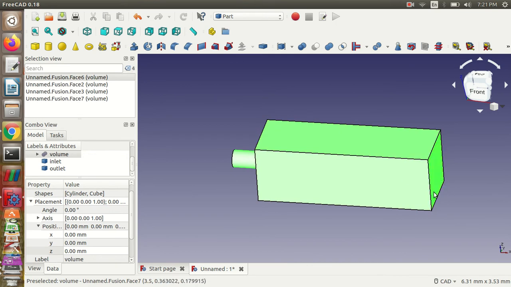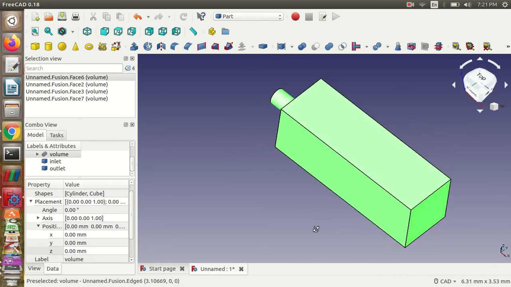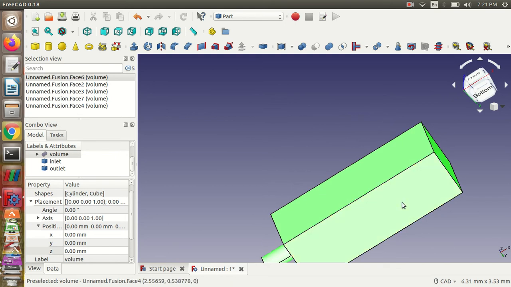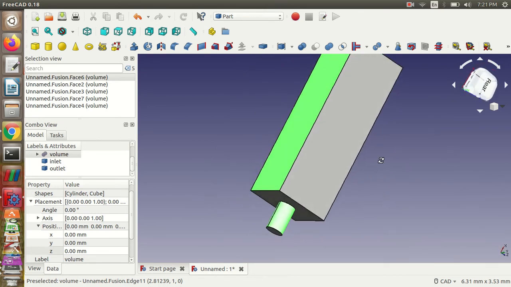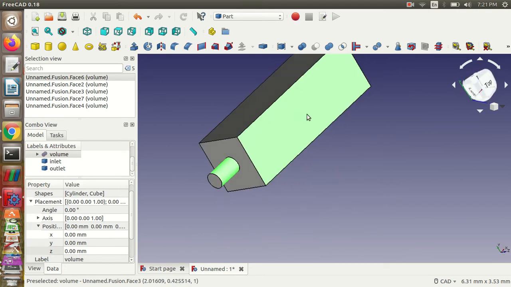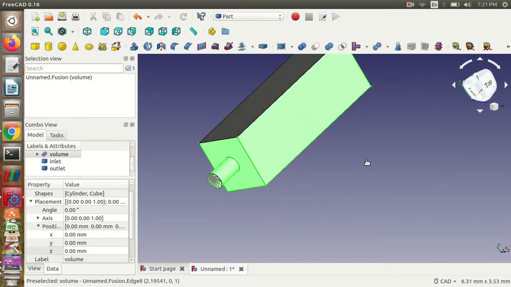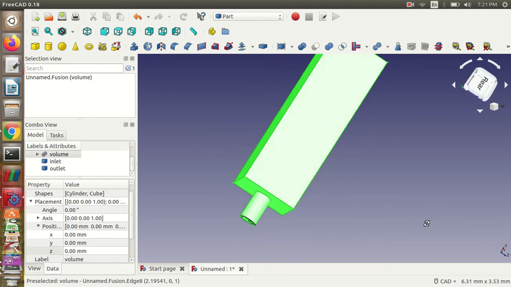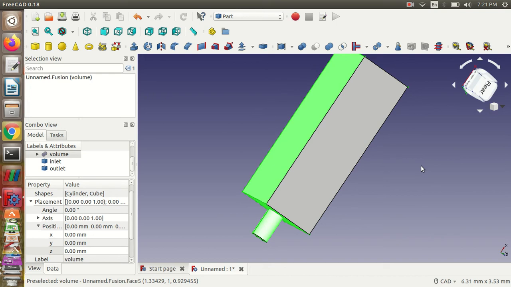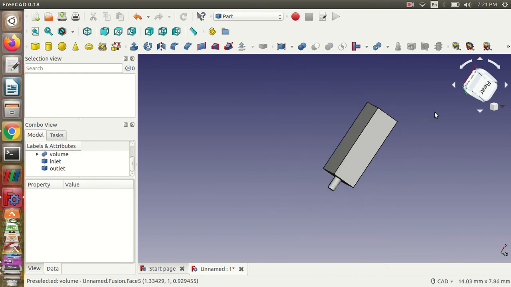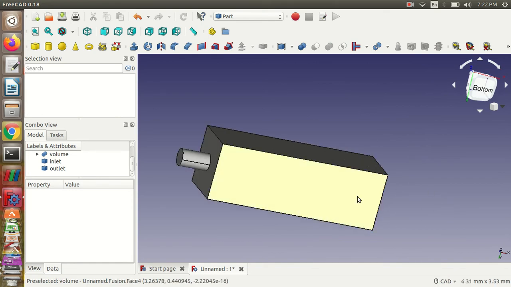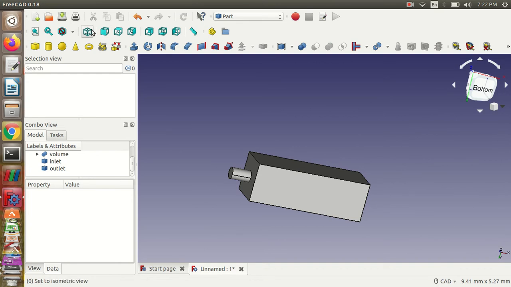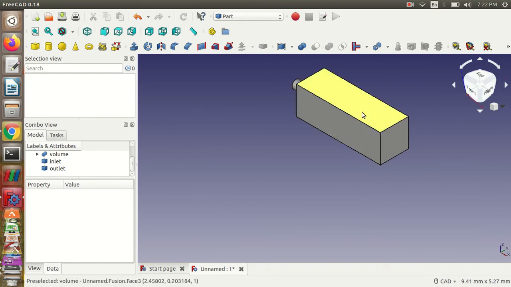So this one, and this one, except the y-axis we need to select all the things. Sorry, my mouse has some problem, so I'm not able to do it properly. So I'll just do it simply.